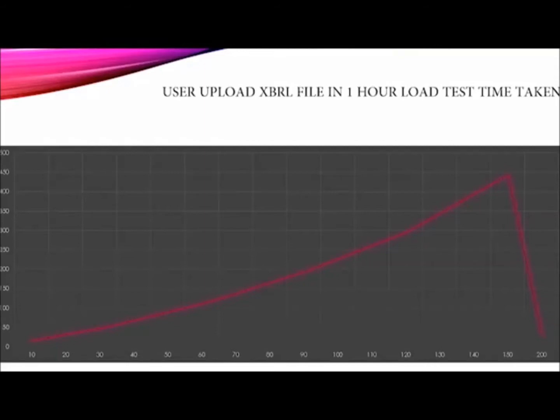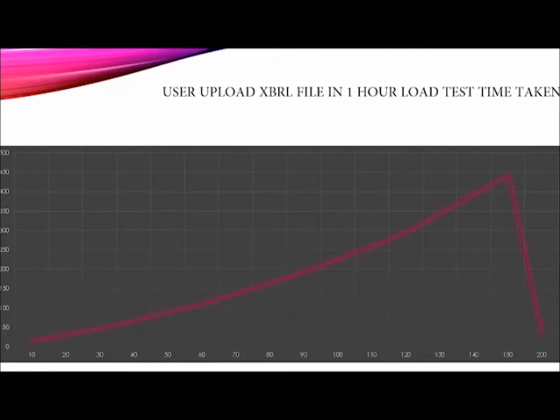test. Time taken: as you can see, when the user requests, the time taken for the user to upload the XBRL file is 0. So that means no. But let's follow the graph.